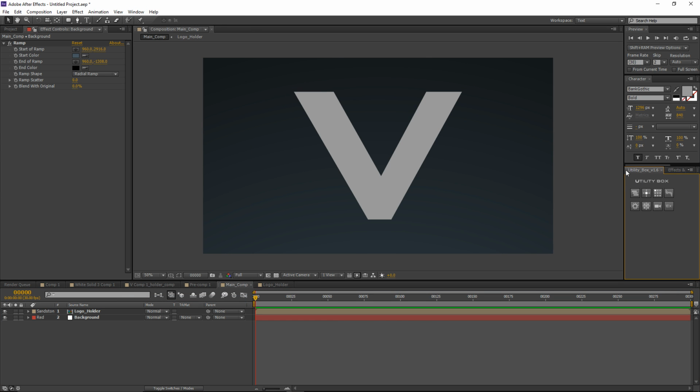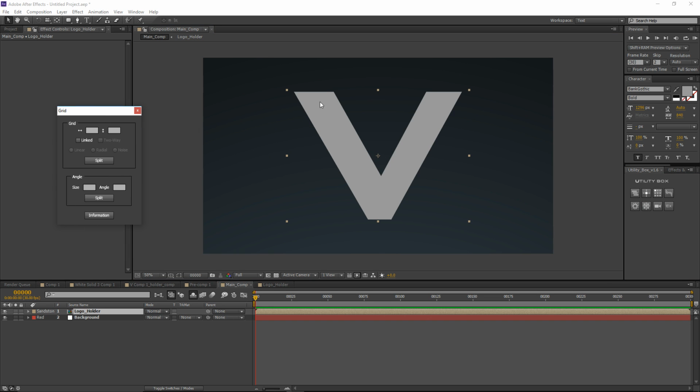So run this, and you can see I have it docked over here, and I will select this logo holder layer, and if I go to my grid tab, I can now split this layer. Make sure your logo layer is selected, and I will choose maybe 12 by 12, and I will also select linked to be on, and for my transition method I'm gonna use radial. You can experiment with linear and noise as well. These will give different results which you can try out, but for this tutorial I'm gonna be using radial. And now if I hit split,